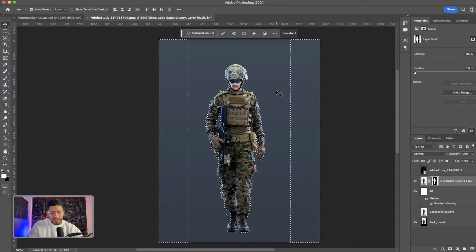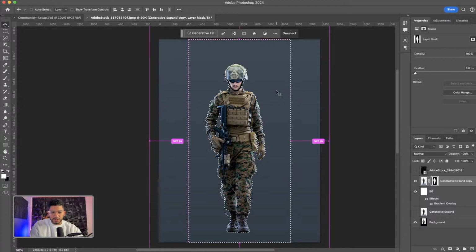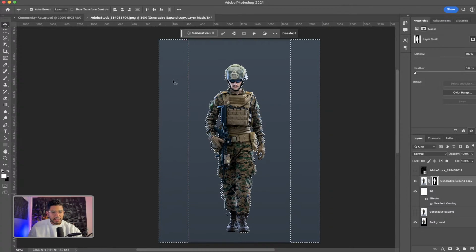So we can press Command Shift I to select, Control Shift I again, sorry. And then make sure your foreground is black. So press X, and then we're going to fill it in. Make sure you are on the actual mask layer. So Option Delete,